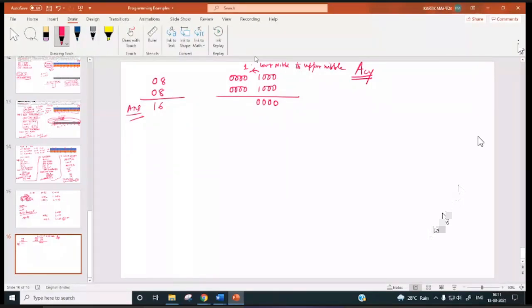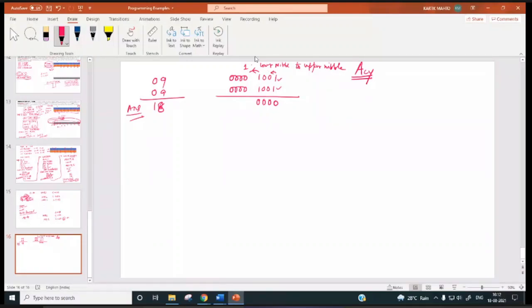If you take example, say 9, 9, then our result has to be 18. So 9 will be 1, 0, 0, 1, 1, 0, 0, 1. So when these two LS bits are added, result is going to be 0, 1, 1, 0, and carry will be generated from this LS bit to next bit. 1 will be over here.